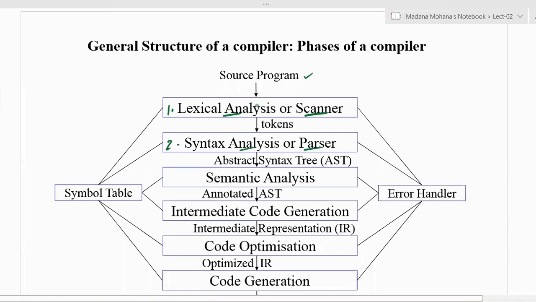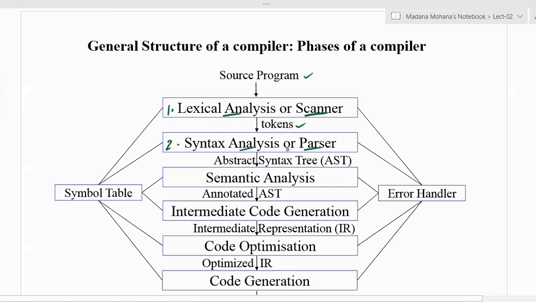The output of lexical analysis, or scanner, produces tokens. Now we'll discuss all this one by one later on. So what is a token? A token is nothing but a sequence or grouping of characters. The frequently used tokens are identifiers, keywords, constants, operators, some symbols, etc. So lexical analysis takes the source program as input, then produces output in the form of tokens.